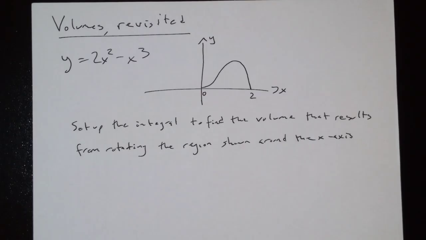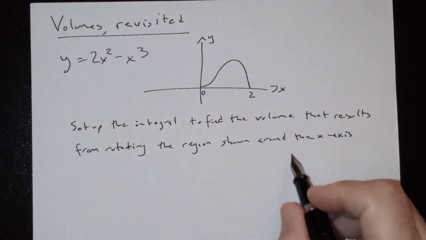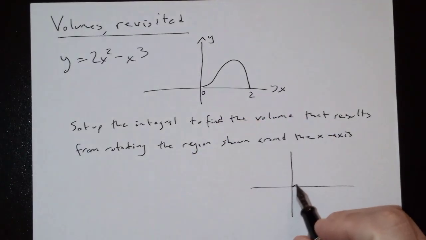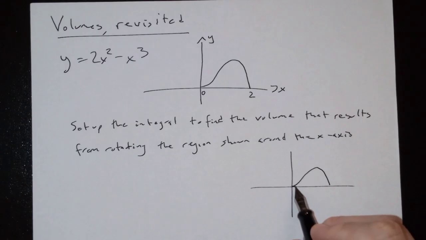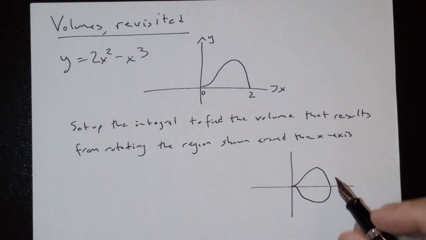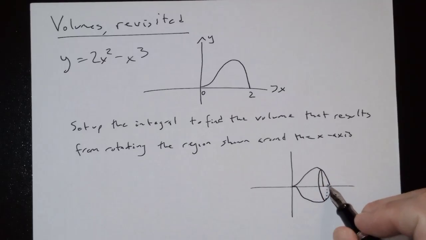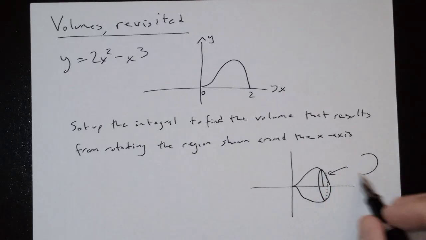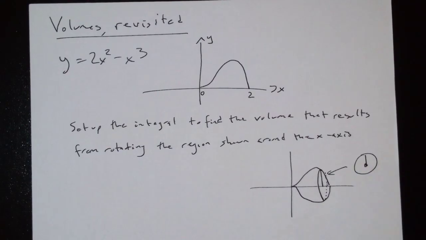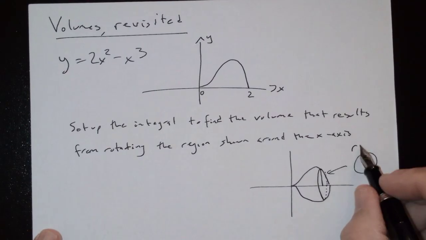So when we set up these integrals, in this case, if I'm rotating around the x-axis, I need a radius. I'm going to make a rotation. I'm going to have another picture down here. I take a radius, it rotates around, and this shape is a circle whose radius is